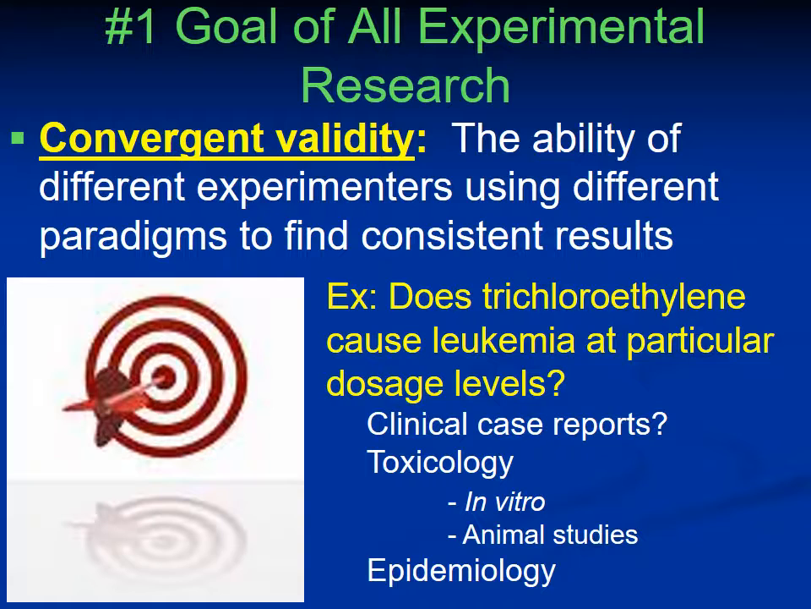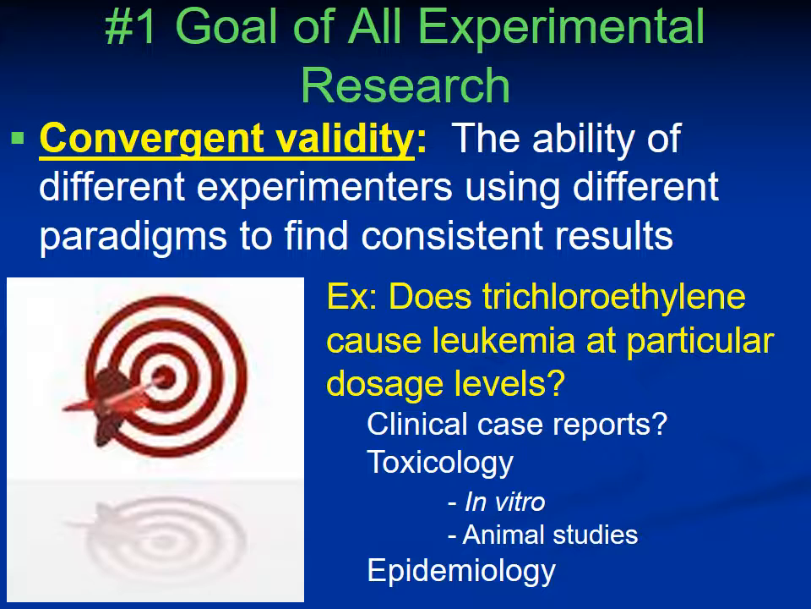All right, so this is the end of our discussion on experimental design. No matter whether researchers are using an experimental design or a quasi-experimental design, we have to remember the goal of all experimental research is convergent validity, and that is the ability of different experimenters using different paradigms to find consistent results. And that's how hypothesis testing works, right? That's how you end up building a theory. So in our example of whether trichloroethylene causes leukemia at particular dosage levels,